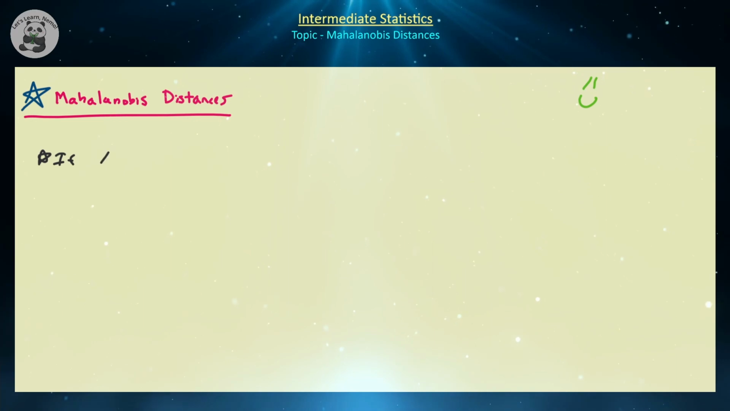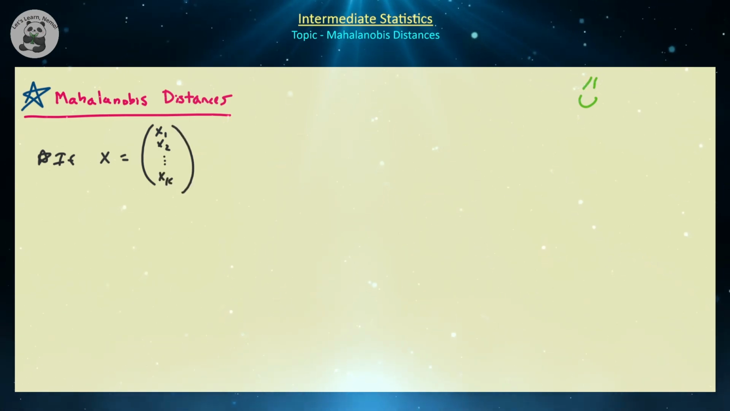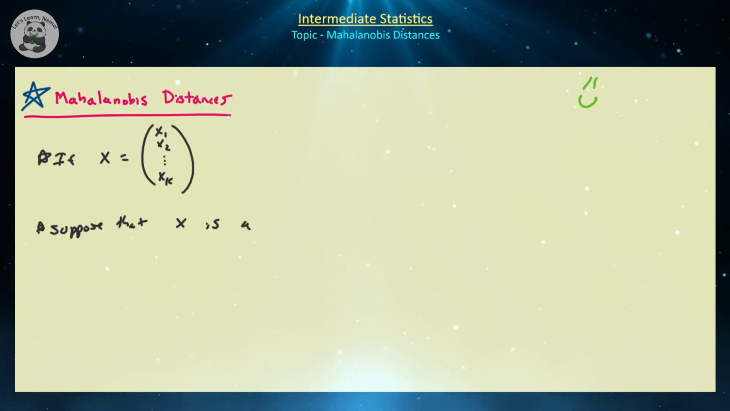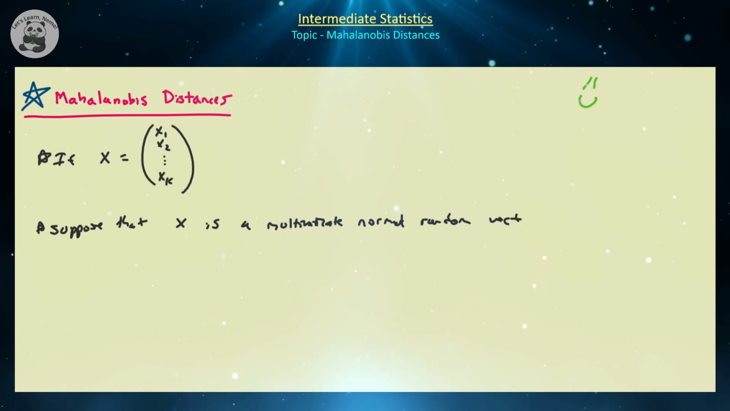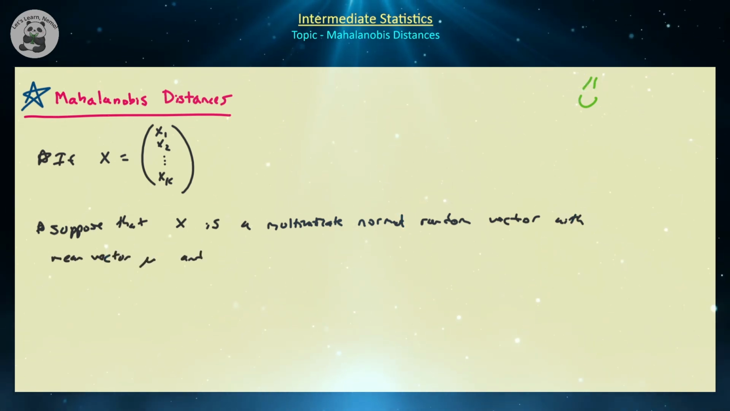So let's assume that x is a random vector with random variables x1, x2, all the way down to say xk. So we say that x is a multivariate variable, or x is a random vector, where each of its elements are random variables. Let's also suppose that x is a multivariate normal random vector with, let's say, mean vector mu and covariance matrix, let's call it sigma,